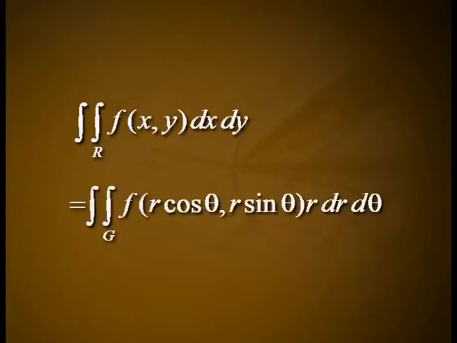Supply polar limits of integration for the boundary of R. The Cartesian integral then becomes double integral over R of f(x,y) dx dy equal to double integral over G of f(r cos θ, r sin θ) r dr dθ,